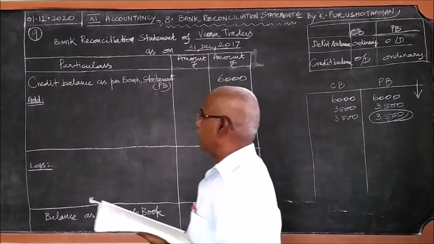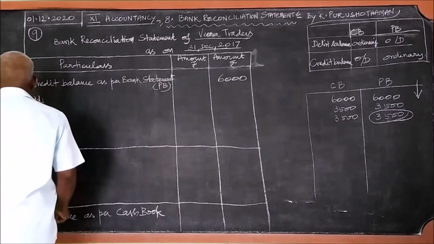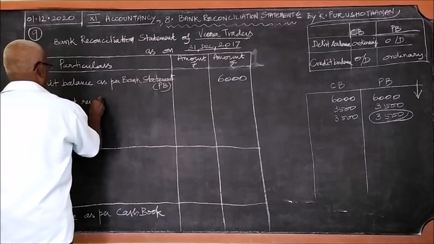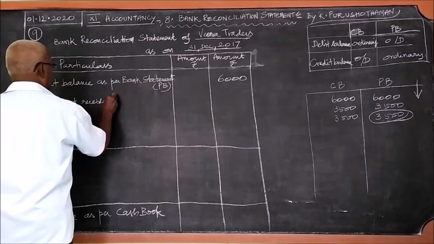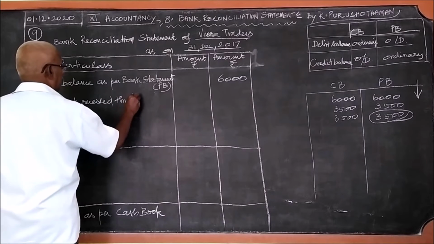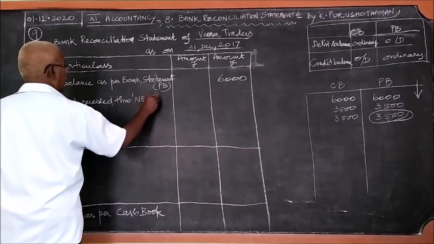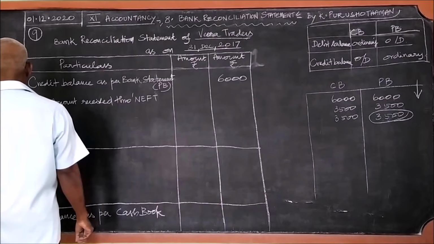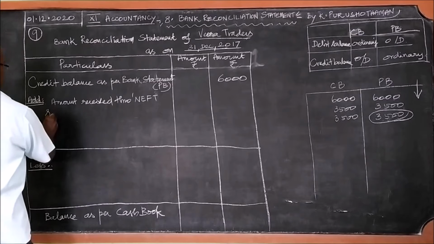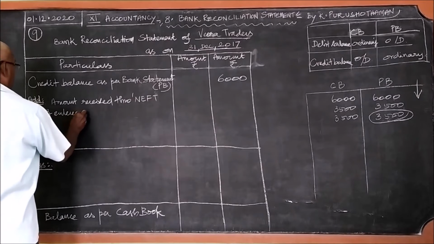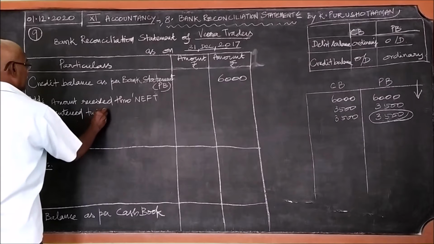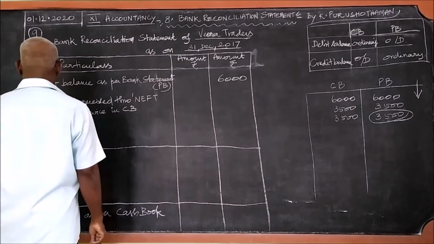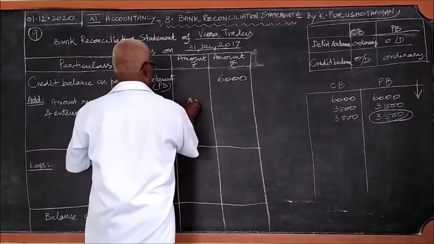Add amount received through NEFT and entered twice in cash book. Therefore, it should be added